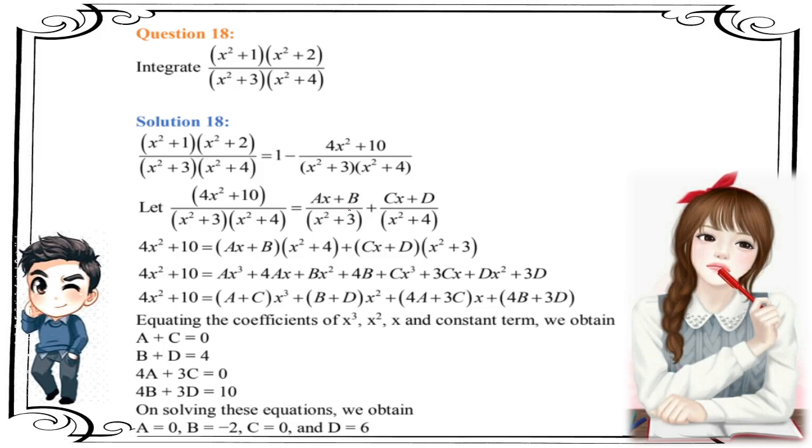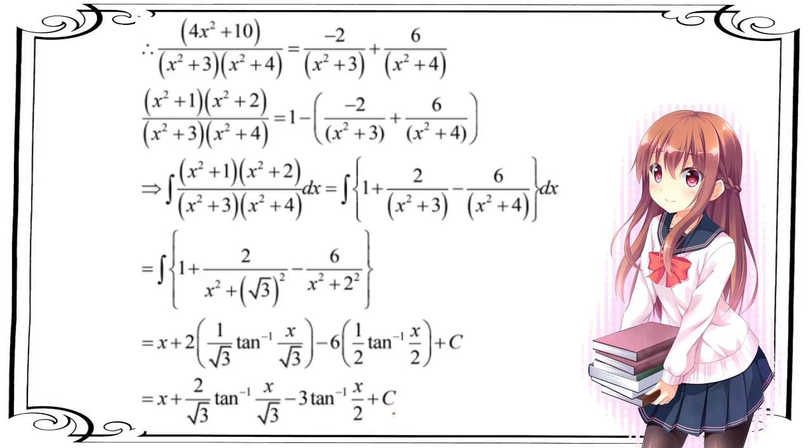Put the values of a and b in this and then after that split it and integrate easily. Question number 18. Here this thing is given: (x square plus 1) into (x square plus 2) upon this. What can we do here, students? We can open the bracket and then we will find that this is again not a proper fraction. We will convert it into a proper fraction. After that, this can be split this way: ax plus b upon this plus cx plus d upon this. Right, when we open it again and compare the coefficients, we will get the values of a, b, c and d. Put the values of a, b, c and d and then integrate separately.